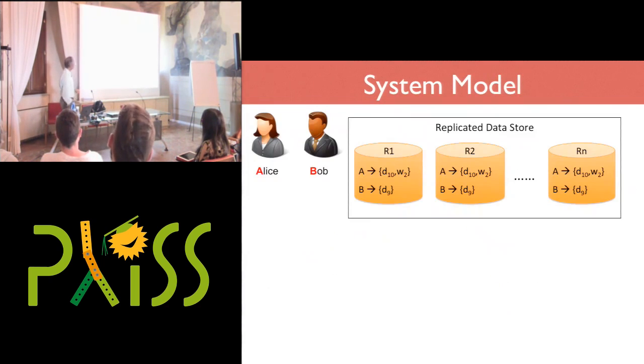Right? So here's an example. So I have two clients, Alice and Bob, and I have a replicated store, right? And Alice and Bob both store their particular effects. Let's assume that they're objects, right? They're both clients and objects, right? And so in replica 1, Alice's effects were a deposit of $10 and a withdrawal of $2 from her bank account. And replica 1 also has witnessed the fact that Bob has deposited $9 into his account, and so forth and so on, right?